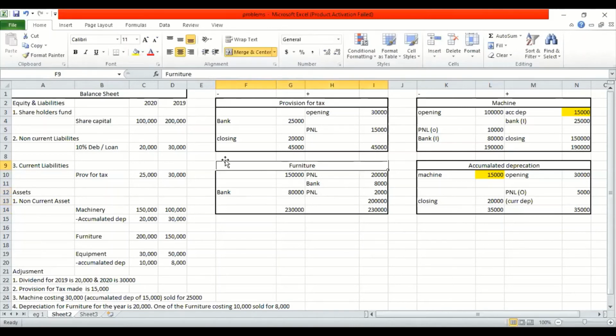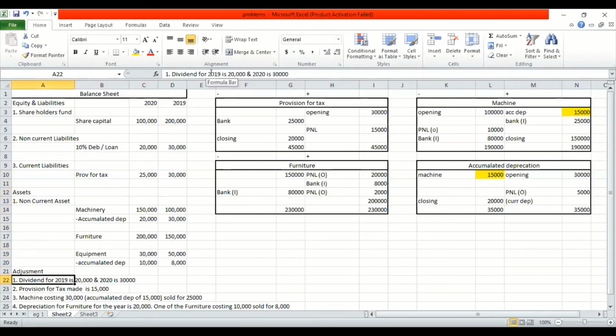Same thing, same rules. Let us stick to it. Minus and plus, right? So what is minus means? Bank. As you know, furniture is non-operating, so it becomes my investment activity. P&L, with no doubts now, it is your operating activity. Bank, investment activity, P&L, operating activity. So you know what to do now, right? So anything in the credit side, you got to plus it depending on which activity you have to do it.